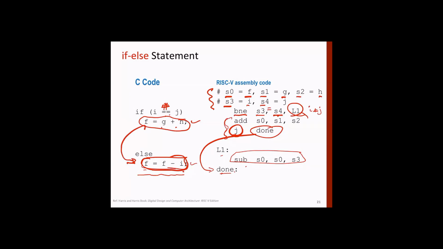Now let's assume that this condition is met, I is equal to J, then you execute F is equal to G plus H. You have done that. What is the next statement you have to execute? As per the if then else statement, the else statement will be executed if this condition is not met, but we know it's met. So the next statement will be the statement following the else statement. Is it clear to you?